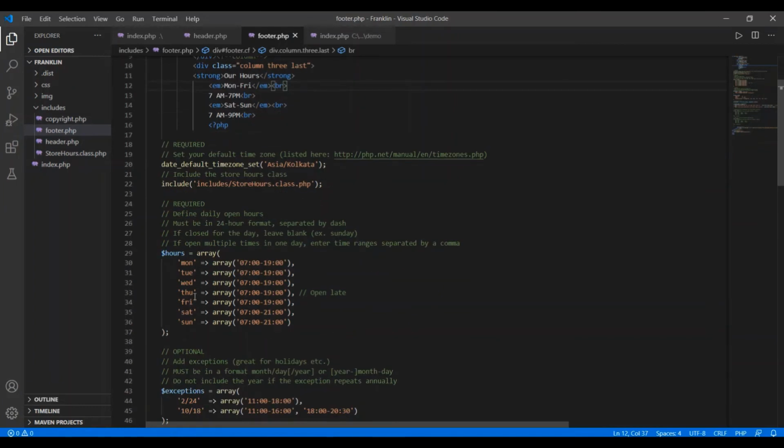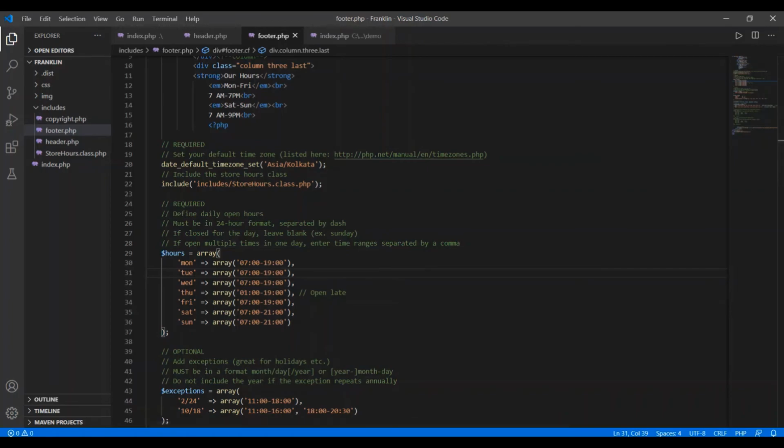So it's today Thursday, so I'm just going to make it morning 1 o'clock. So save the changes here. So this is open Thursday. It's open from morning 1 o'clock to evening 7 o'clock.